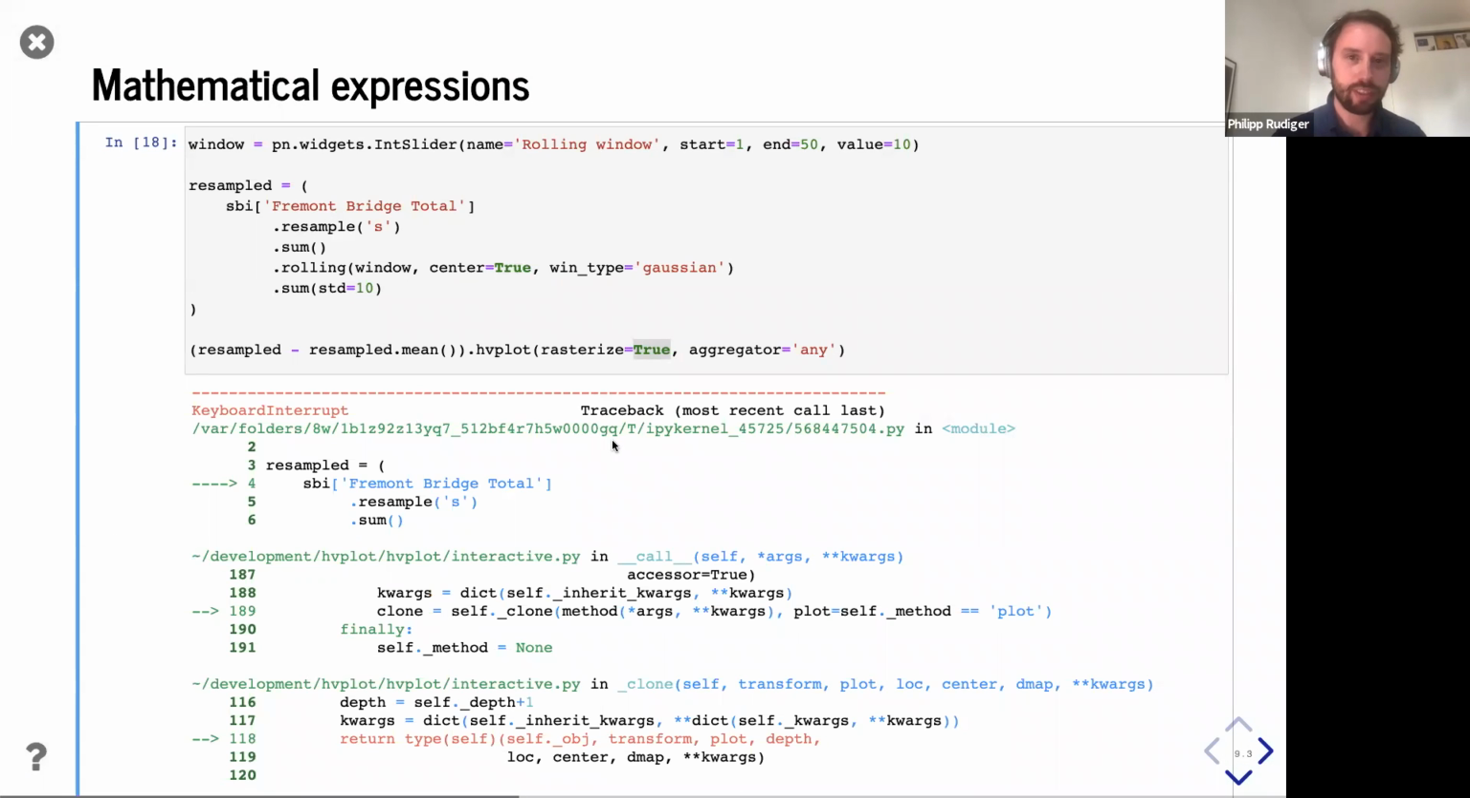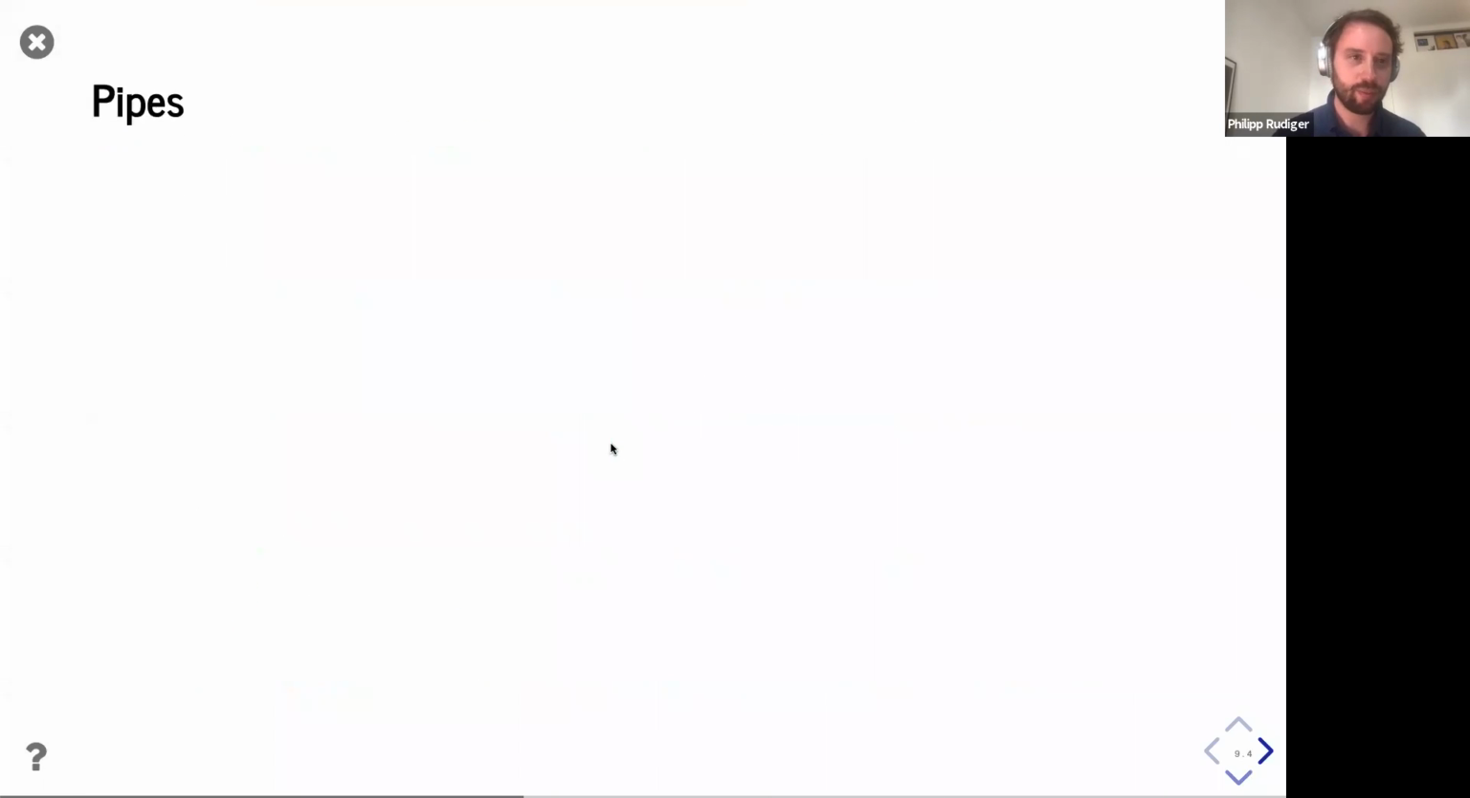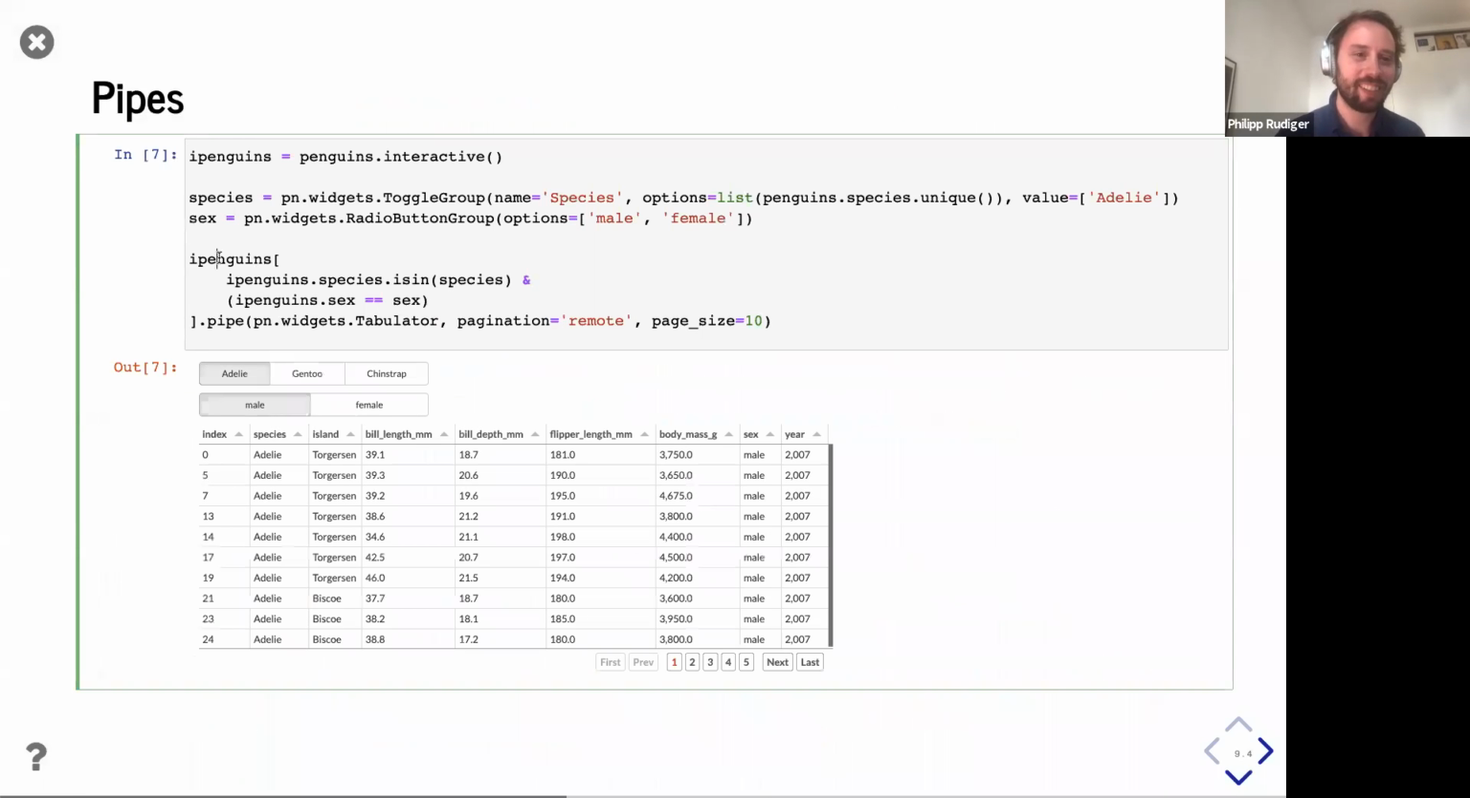Don't resample such a large data set on a secondly basis. That is the basic idea there. Okay, so we've seen that we can perform method chaining, we can perform mathematical operations, but we can